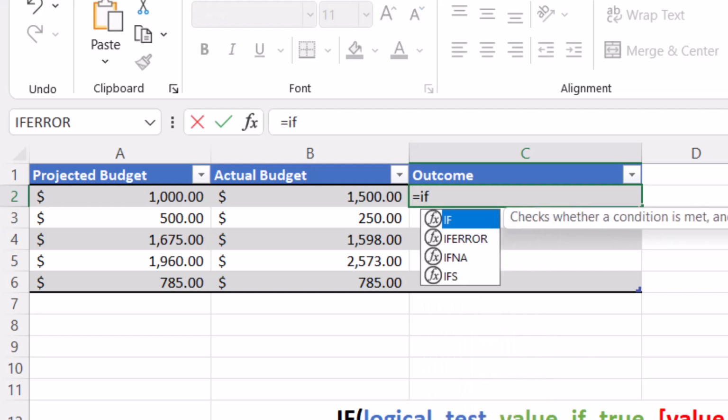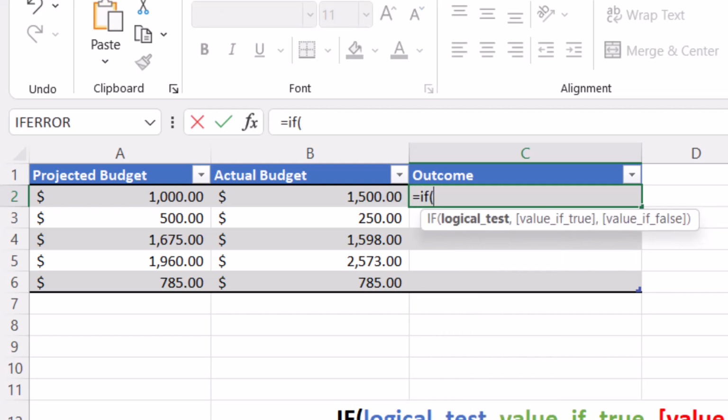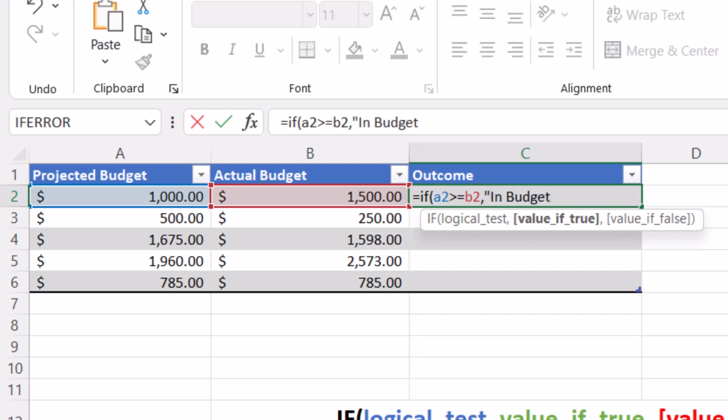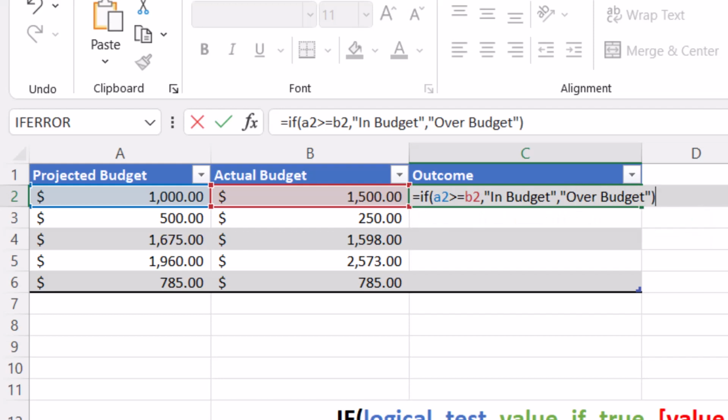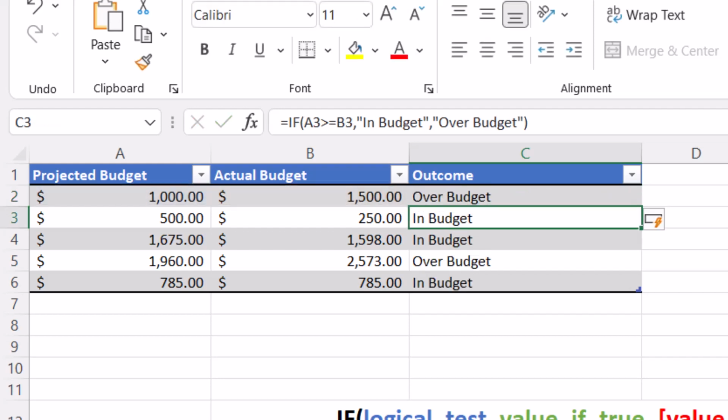Equals IF, open parentheses, A2 is greater than or equal to B2, comma, that is our logic test, double quote, in budget, double quote, this is the value if it is true, comma, double quote, over budget, double quote, and close parentheses. As you can see, the results in rows 3, 4, and 6 are in budget since the projected